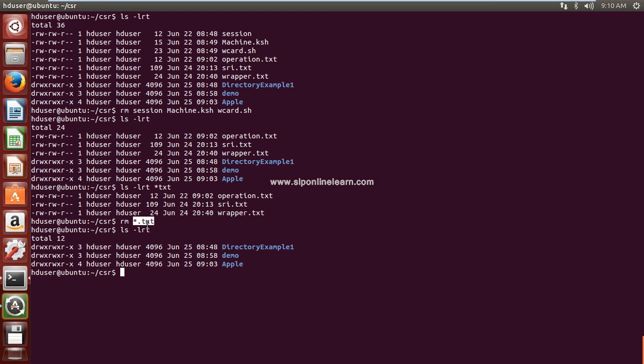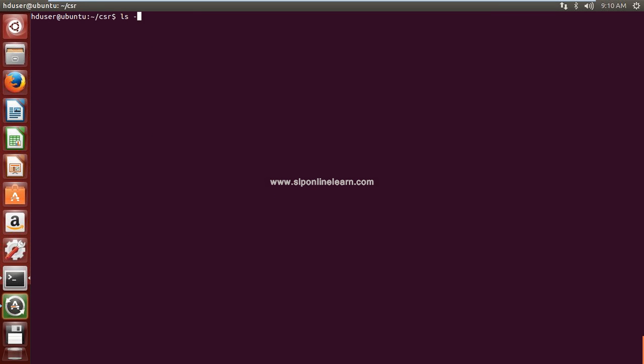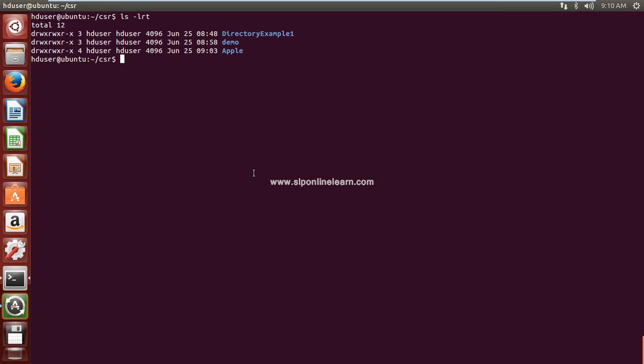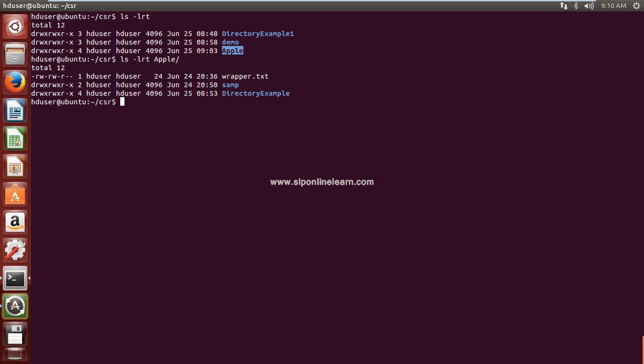Next one, let me check what is there in this. Yes. So this apple is not an empty directory. There are some files and directories present in this directory.